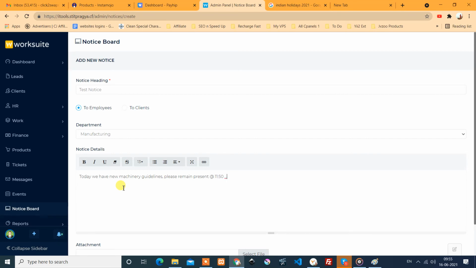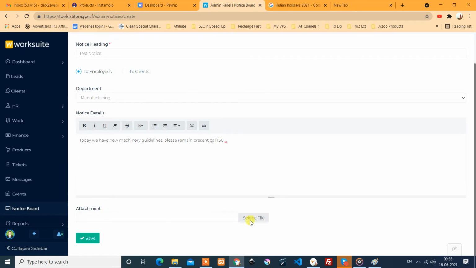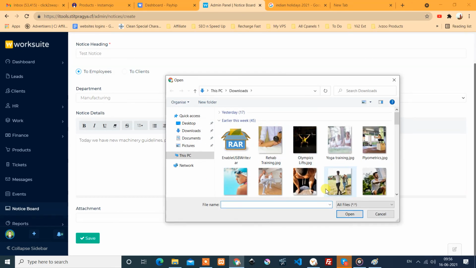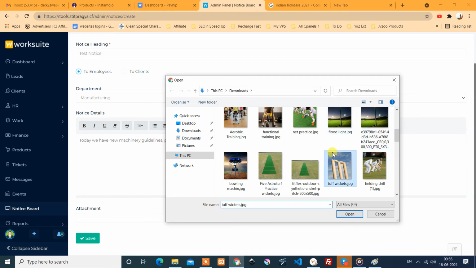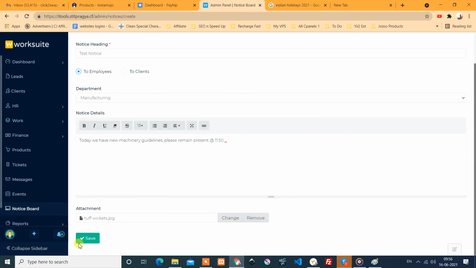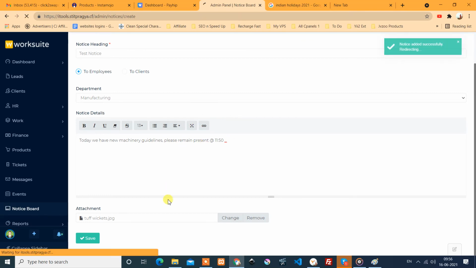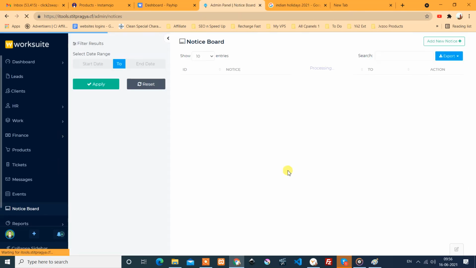Okay, it's something like this. If you want to attach some files, you can attach any type of file, and save it. You can also add links and other things. Okay, this is the notice.